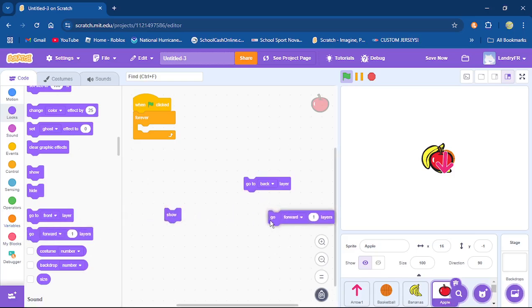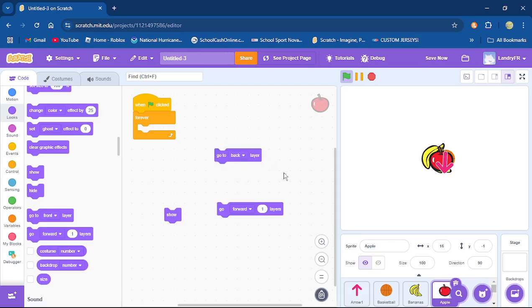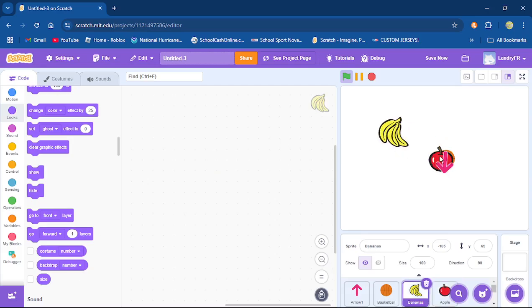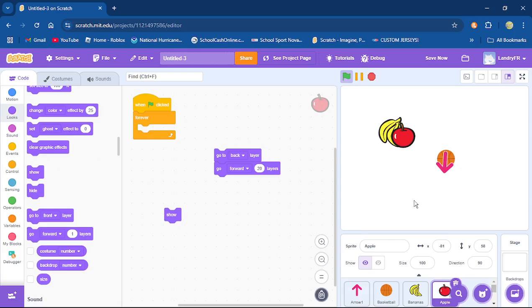You can go forwards and backwards so many layers. So if you go to the back layer, it's pretty easy. You're just going way to the back as far as it'll go. Then you could go forward, let's say 10 layers, and that would bring your graphic to the back first and then ahead 10 layers. So then in the next graphic, you could go forward, let's say 20 layers, meaning it's going to go to the back and then ahead of the previous graphic. The banana, let's say, was 10 layers, the apple's 20 layers, so the apple should be ahead of the banana. And if you did that in a forever loop, forever it would be like that. So it didn't matter if you moved this apple around your screen, it's always going to be ahead of the banana by 10 layers.